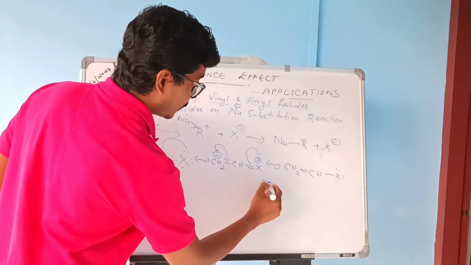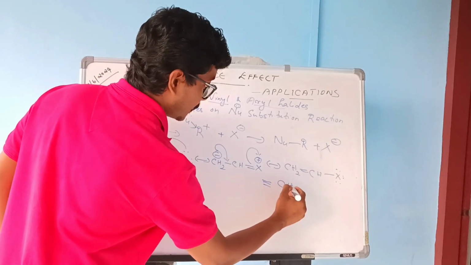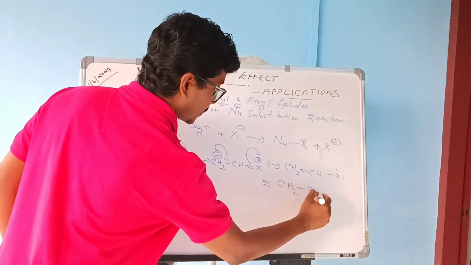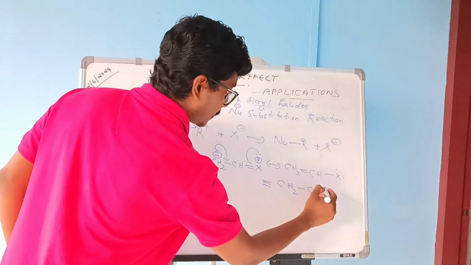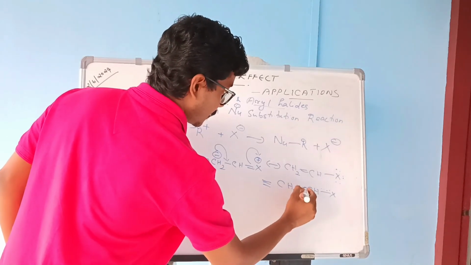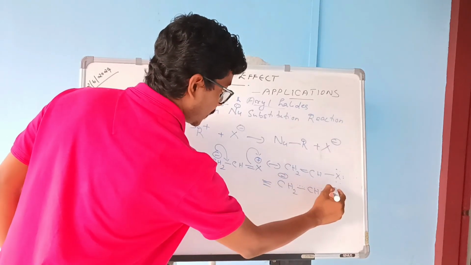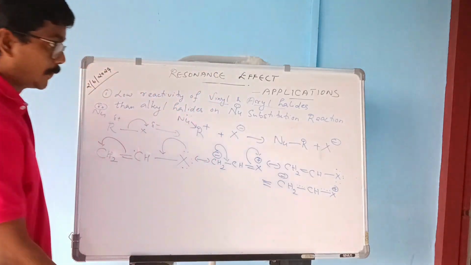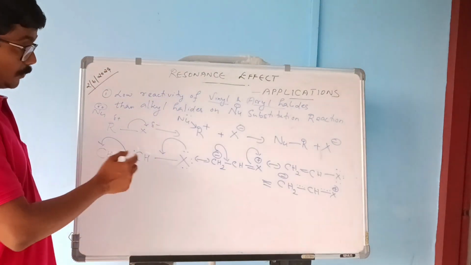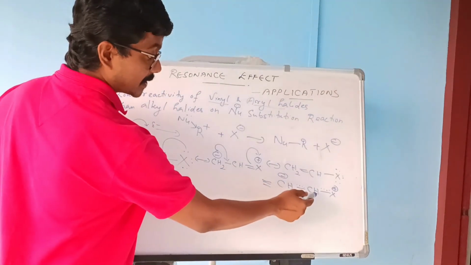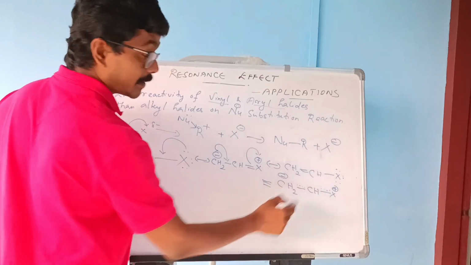So we can write the hybrid structure as CH2 single bond CH X with minus and plus. So we can see that through resonance there is a partial double bond character between carbon and